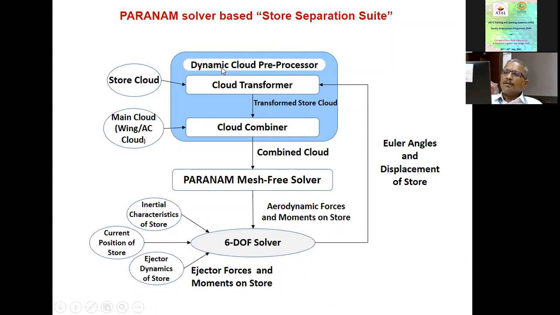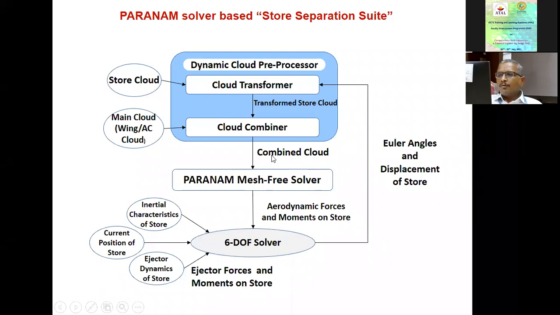First, you generate the cloud from each individual grid and combine them. That is, you will get one cloud from each store, or there may be multiple stores, so you combine them with the main code. Each cloud, when it is generated, is with respect to the coordinates of its own body, but then you have to merge with respect to the main body. That means you have to do some transformations. All this is taken care of in this portion.